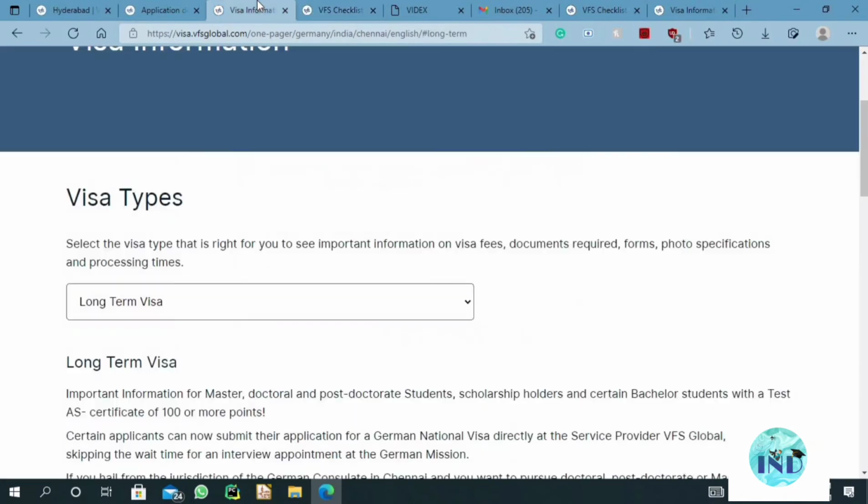When you submit the passport, it is in safe hands, don't worry. It will go directly to the consulate, the Chennai consulate if it's the Chennai VFS center, or the New Delhi consulate if it's the New Delhi VFS center. So that is how it is.